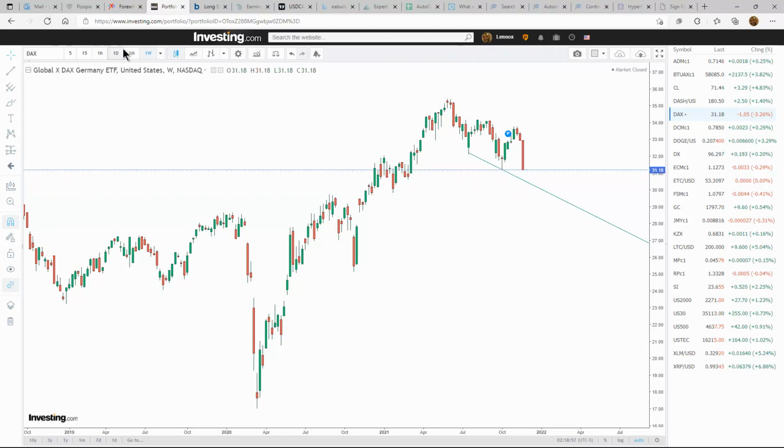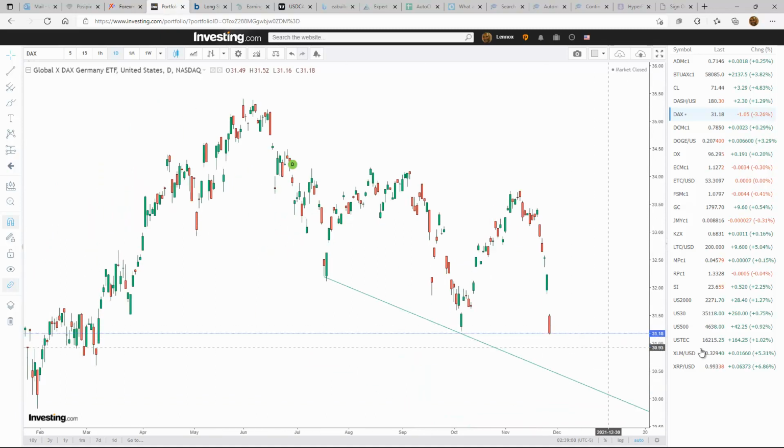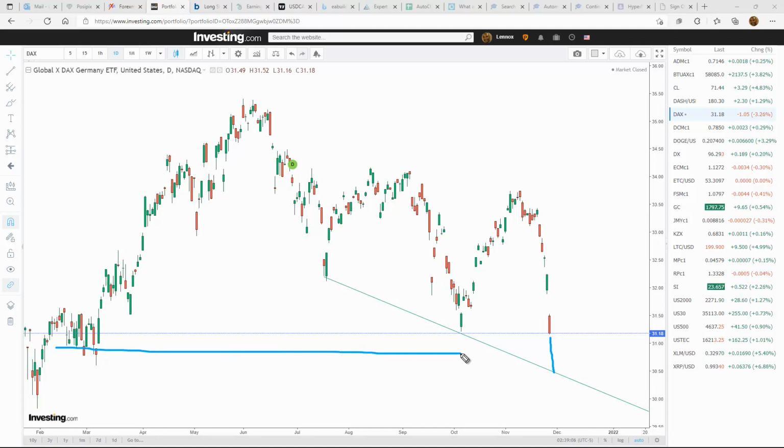Okay, so if I go back down to the daily now, we would expect price to meet that line on its way down. So that would be a reasonable spot up, and back down to a support area before we get a turnaround going back up again. Right, so something like that. All right, let's take a look at